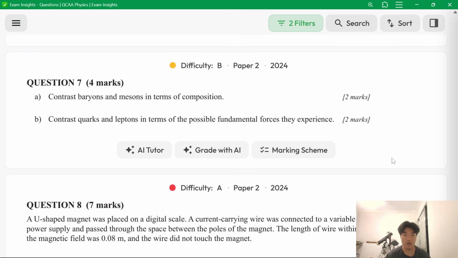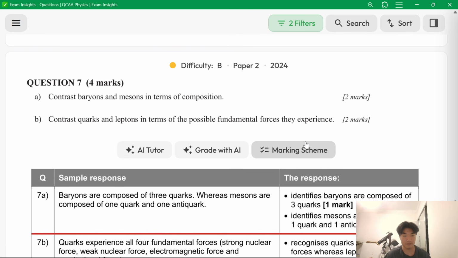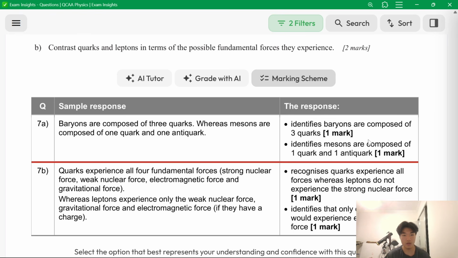Contrast quarks and leptons. Quarks can experience the strong nuclear force. Leptons can't. Pretty simple. Baryons are composed of three quarks, whereas mesons are composed of one quark, one anti-quark. Yep. I mean, I just said like,